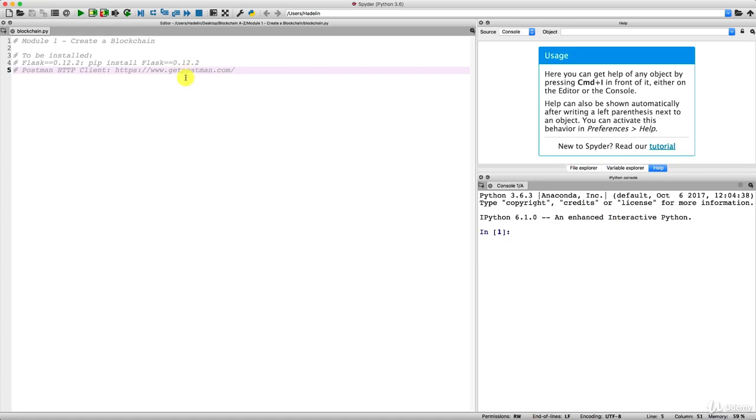Alright, so first let's install Flask. So to install Flask, I actually prepared the command line pip install Flask with a capital F double equals 0.12.2. So I'm copying this. Then, so you just need to open a terminal for those of you who are on